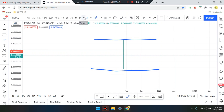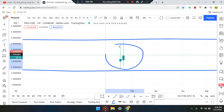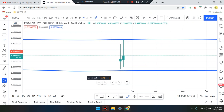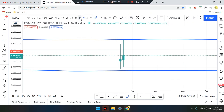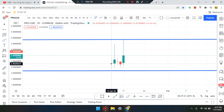Headed down the time frame to the weekly. Okay, now we can see a second candle form, two dojis side by side. The market is in that consolidation period. Headed down to the daily, you can clearly see that consolidation still happening sideways. Starting to form more support, so something's starting to form in that area of the market. Because if we look at it on the weekly, the market's kind of just going up. Headed down to the daily, we can see that the market is at a support here for a retest, so